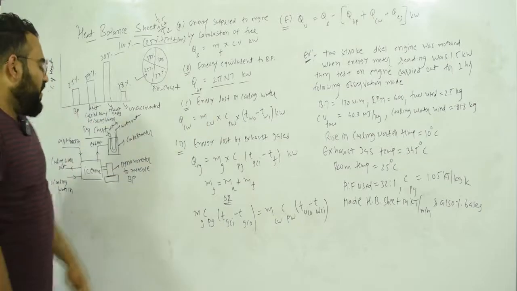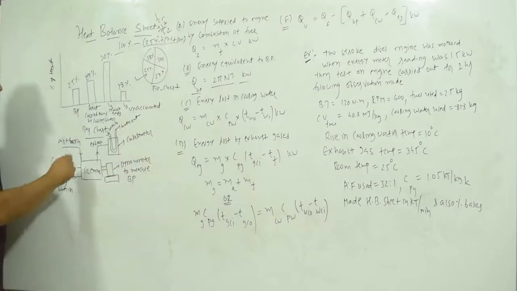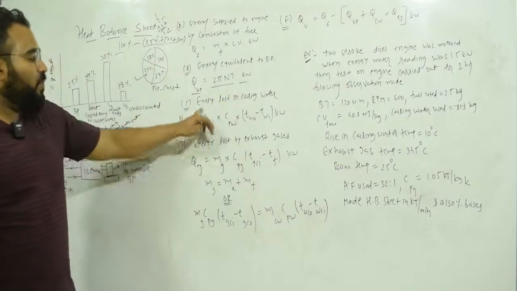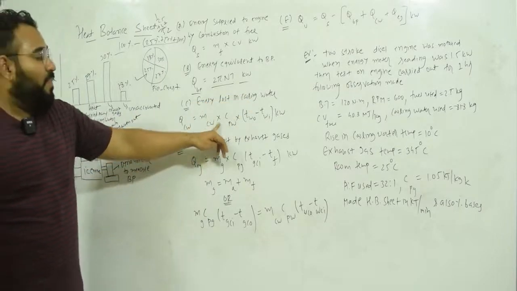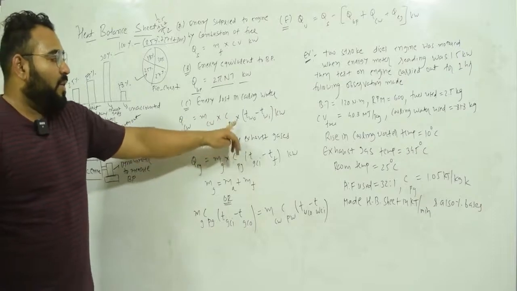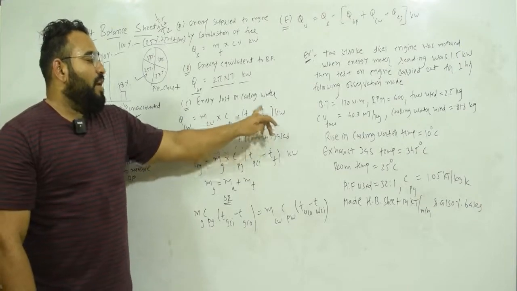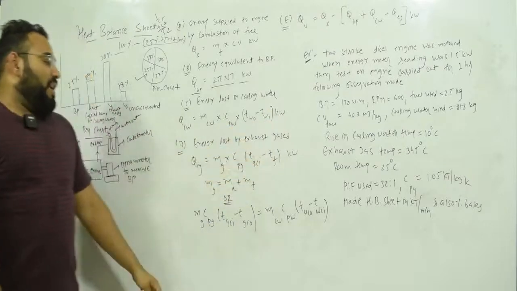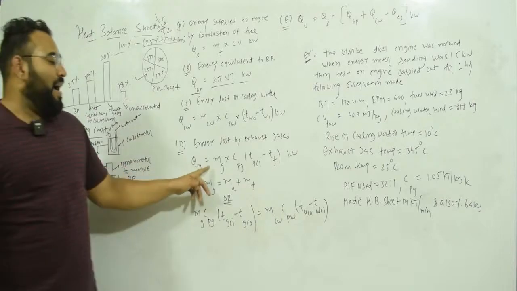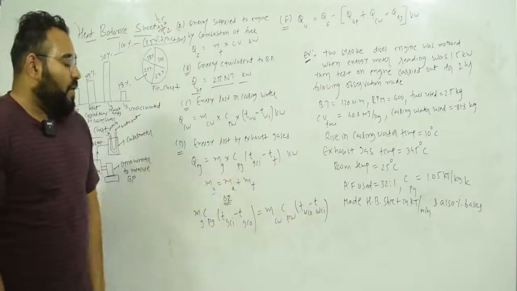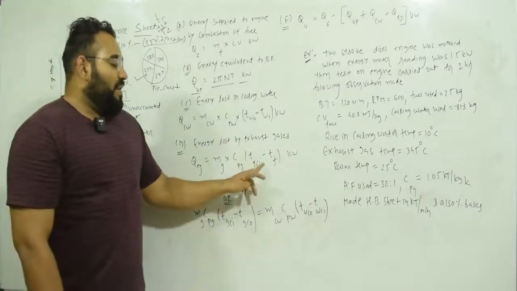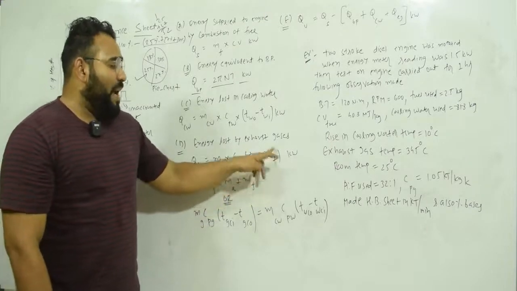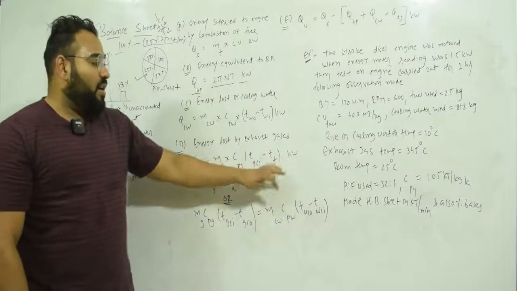Third, energy lost in cooling water. I know that cooling water I supply for the cooling of the ICE engine. So the energy lost in cooling water is equal to the mass flow rate of cooling water, MCW, multiplied by the specific heat of cooling water, multiplied by cooling water out minus cooling water in, kilowatt. Okay. Now energy lost by exhaust gases is equal to mass flow rate of gas, specific heat of gas, exhaust gas temperature in the calorimeter minus TF, the ambient temperature, kilowatt.